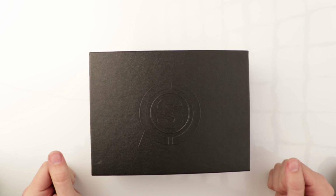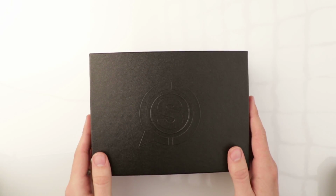Alright, so in front of me here I have, in a nice new SCUF box, a SCUF 4PS Infinity Digital Red Edition,